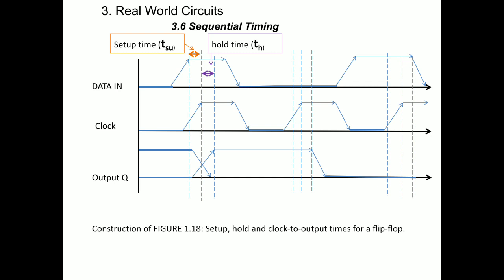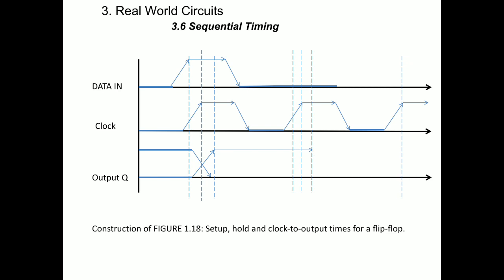Please bear with me. This is about sequential timing, a few terminologies. Please understand setup time, hold time, and the next term, clock to Q delay. Ideally, at the clock edge we should get the output, but the output is not available at this edge; it comes after some amount of delay. This duration is called clock to Q delay. We'll go to the previous slide.